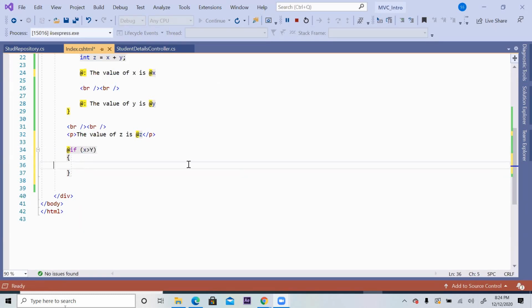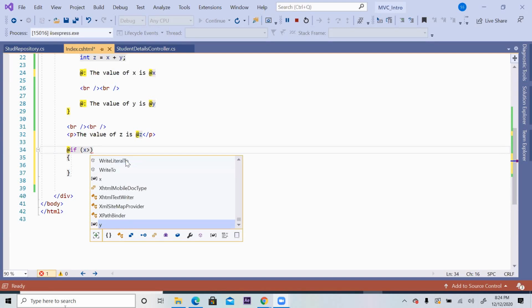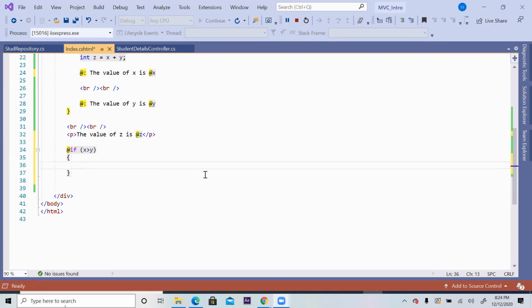So simply some condition. When this condition is satisfied, I want to display something like, you can say, x is larger,